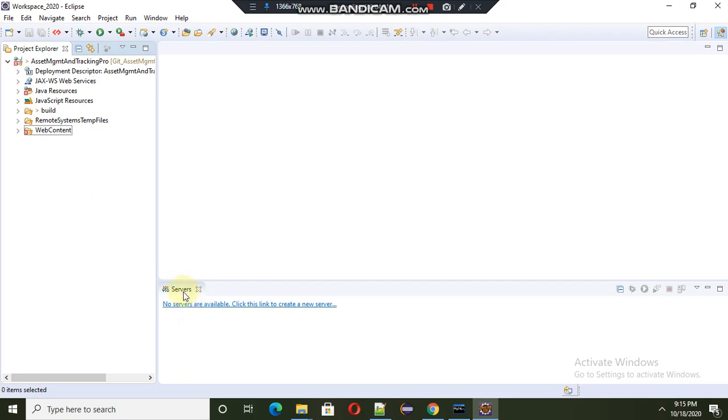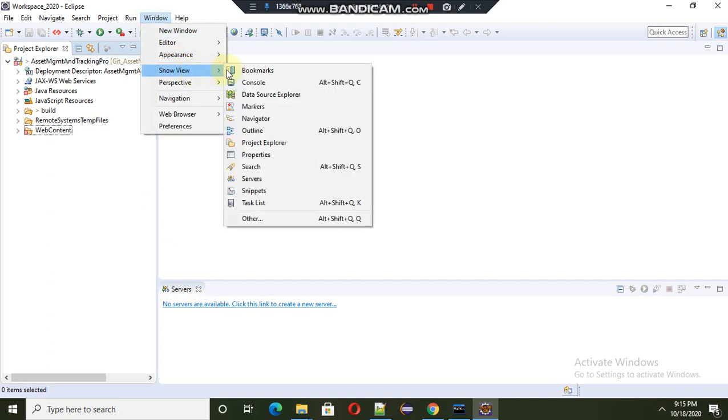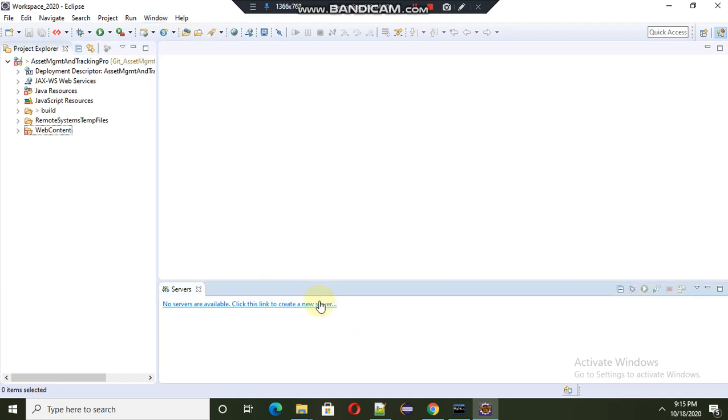This is the Servers view which is available below in your IDE. If it is not visible to you, you can go to Window, Show View, and add it from the Servers list. In my case, it is available here.